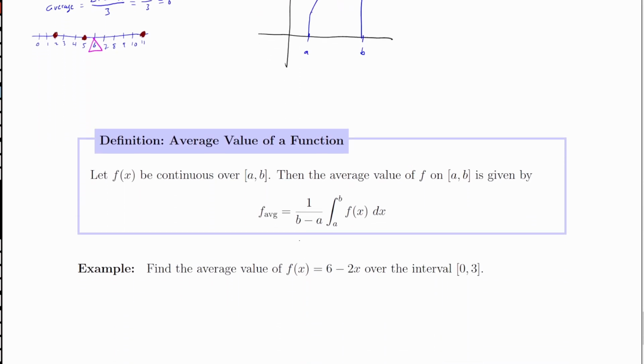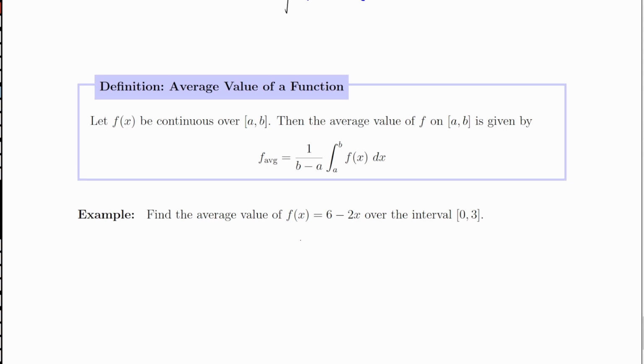Let f of x be continuous over an interval a, b. Then here's how we get the average value of a function. What we do is, instead of adding up the numbers, we look at the integral, which is kind of like adding up all of the function values, right? That's what we did with the